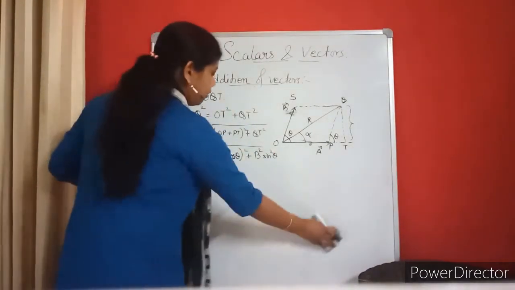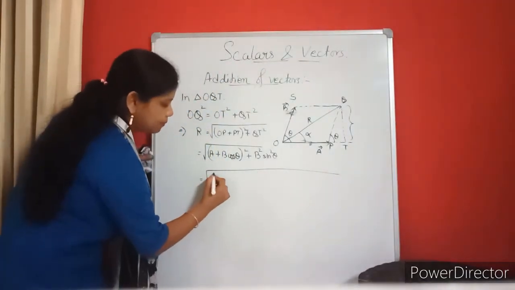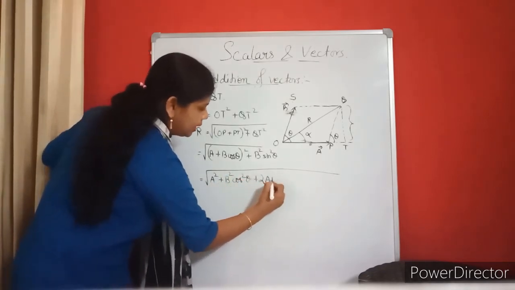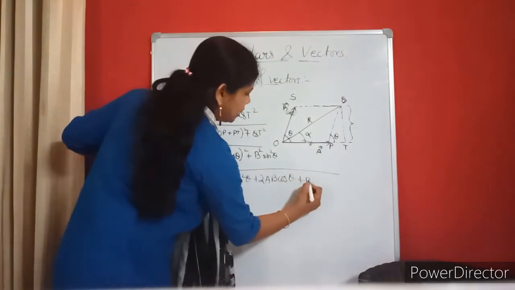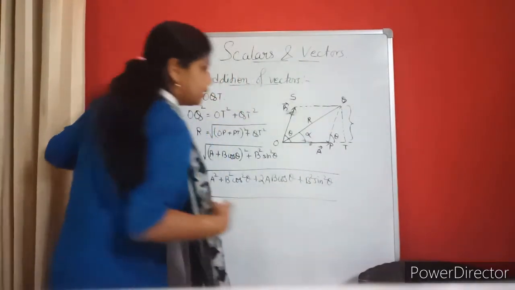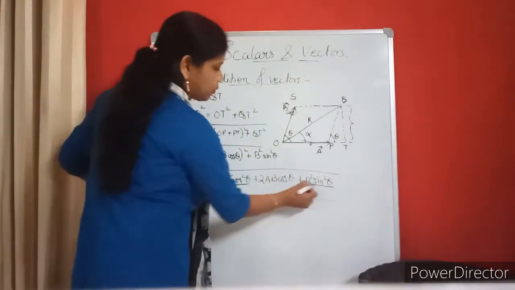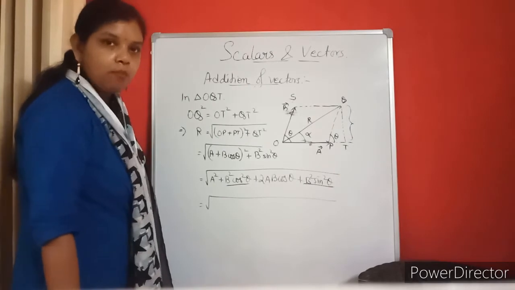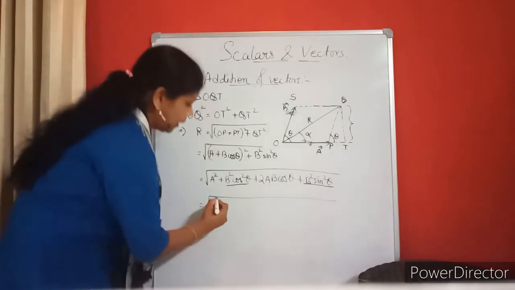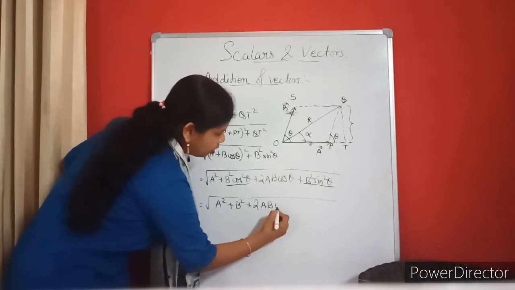It's not completed till now. We have to complete it. So what we will do, we will solve it. It will be A plus B cos theta whole square: A square plus B square cos square theta plus twice AB cos of theta, then B square sin square theta. Now again I will write. If I skip one step, will it be okay? See here, it is B square cos square theta, it is B square sin square theta. If I take B square common, then within the bracket what will come? Sin square theta plus cos square theta. What is the value? 1. So I can write from here A square plus B square plus twice AB cos of theta.